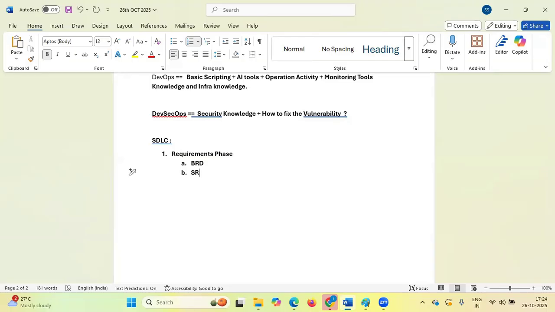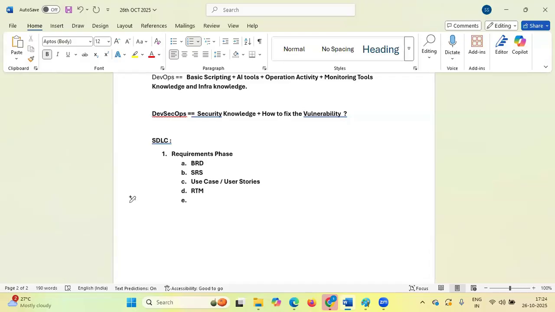Second one is the SRS document. Third one is use case, or for those working in Agile, user stories. What is a user story? A user story is the smallest piece of the requirement in Agile. Next deliverable is RTM, the requirement traceability matrix.